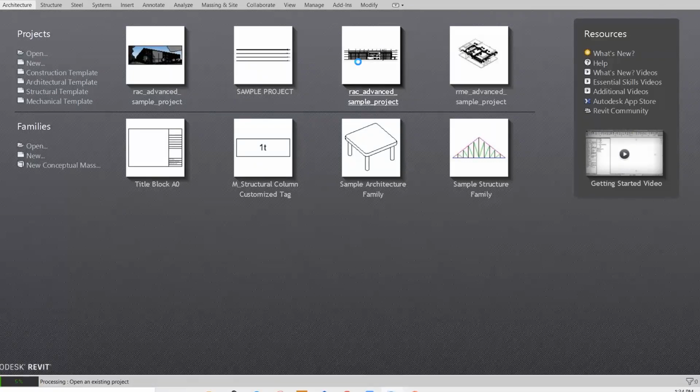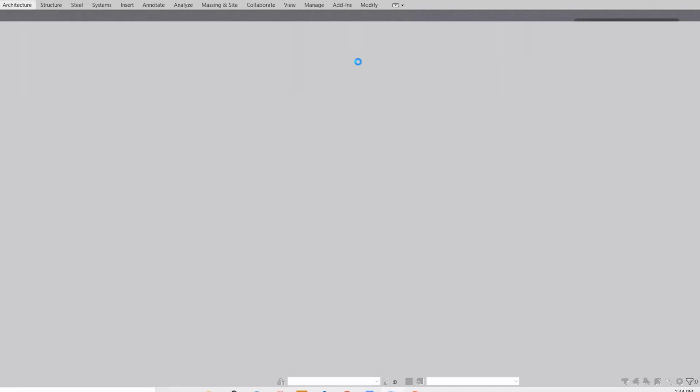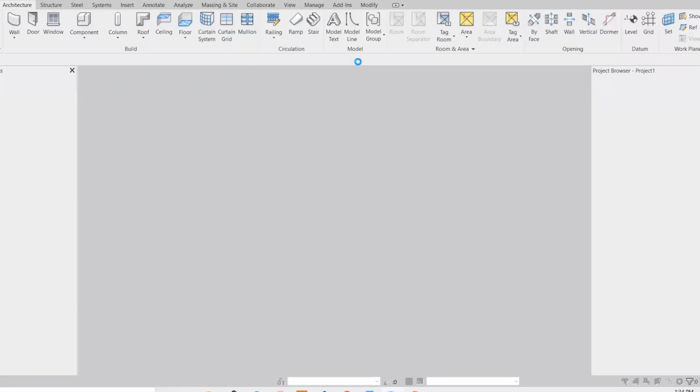The main important things, once we start the project: we need to set the Archi coordinates, project site point, and the project and site base point. First we need to set that. After that,